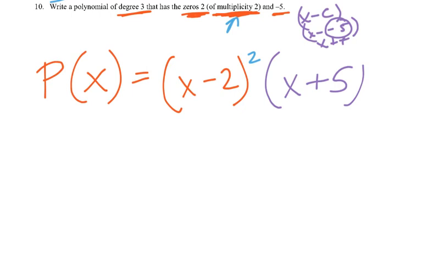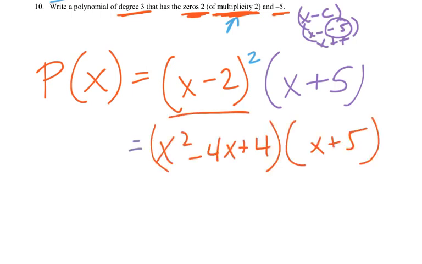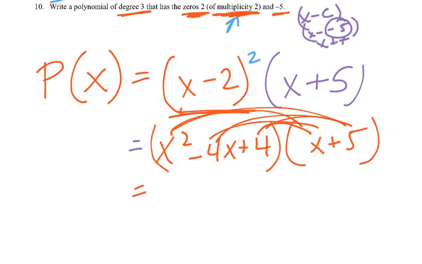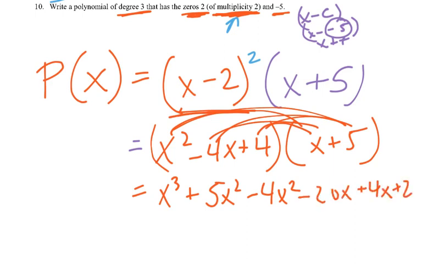Now I can multiply this out. So I square my binomial, x minus 2 squared is equal to x squared minus 4x plus 4, times x plus 5. I'm going to distribute this out. And we end up getting the polynomial x to the third plus 5x squared minus 4x squared minus 20x plus 4x plus 20. And we can combine like terms. So we end up getting p of x equals x to the third plus x squared